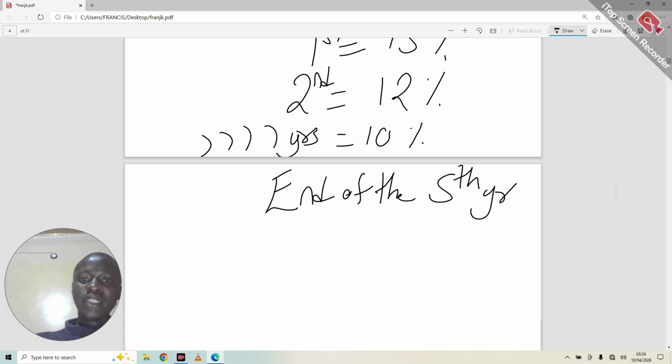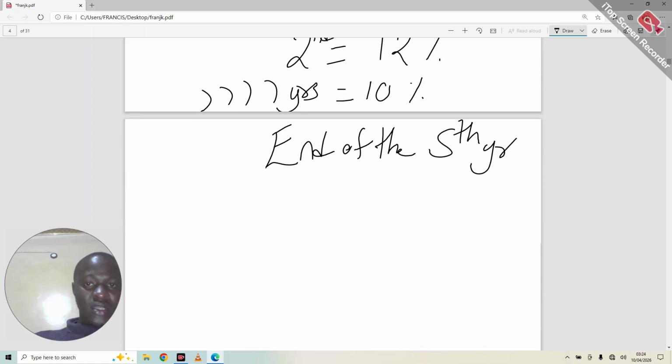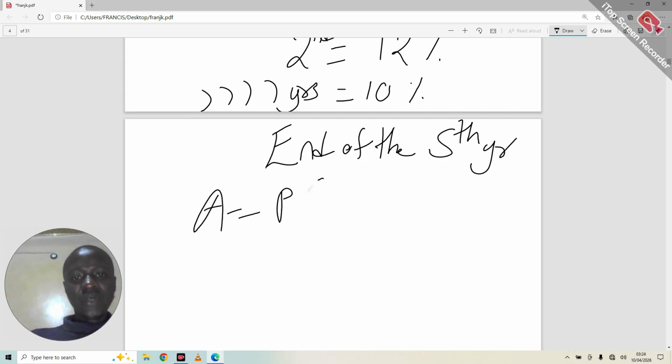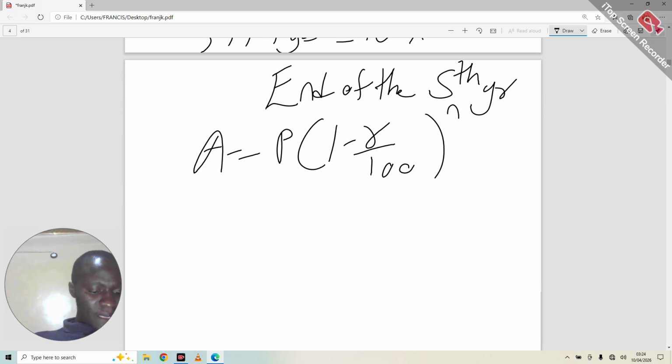So what's the formula we apply here? Amount equals principal into 1 minus r over 100 power n. They want the value, so the value refers to amount also. So what's our principal? 32,000. So amount equals to